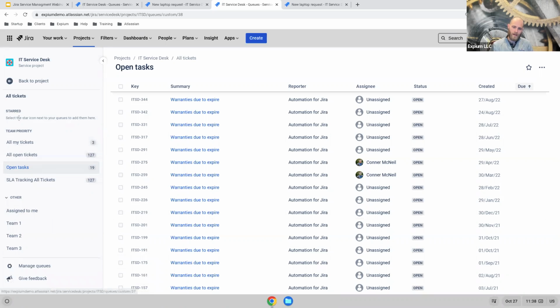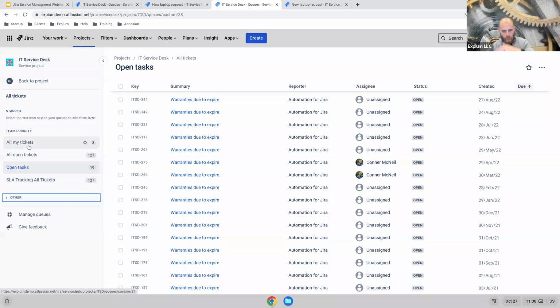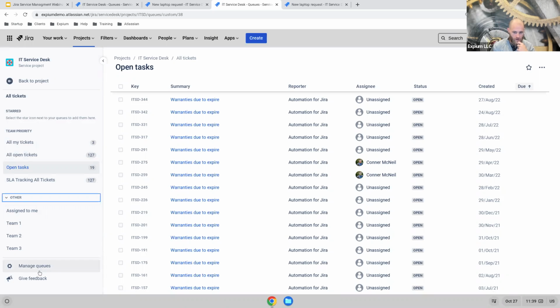And so that's really nice to be able to star queues. Also, under this other category, I can expand or hide this section too. So that's another way to hone the view of queues for you as an agent. So let's actually, I mentioned that I would like to show you how queues are filtered and how to create a queue here. So if I go into manage queues down here at the bottom,